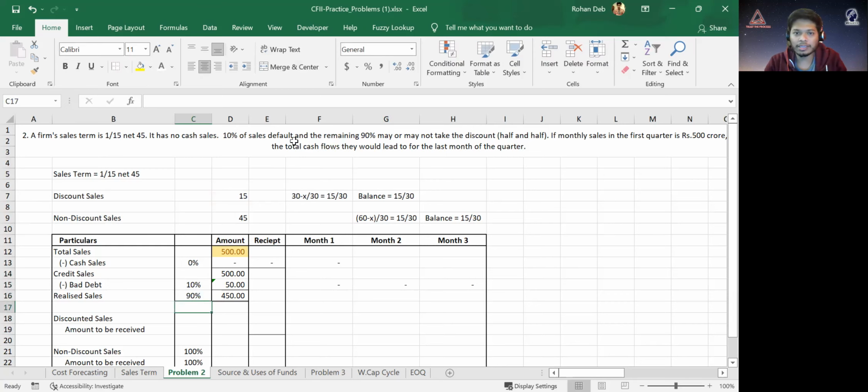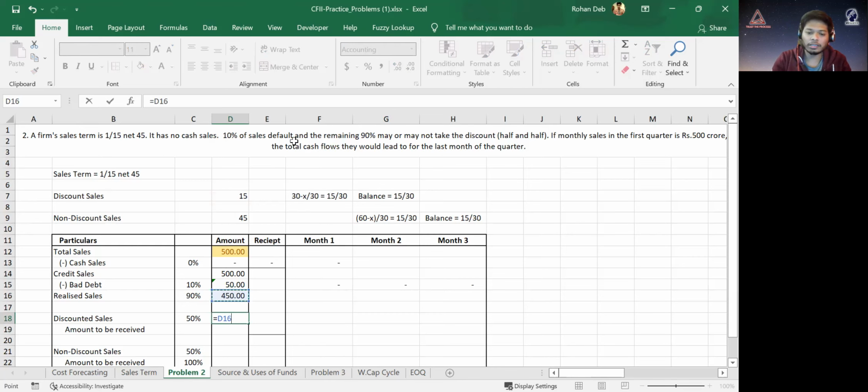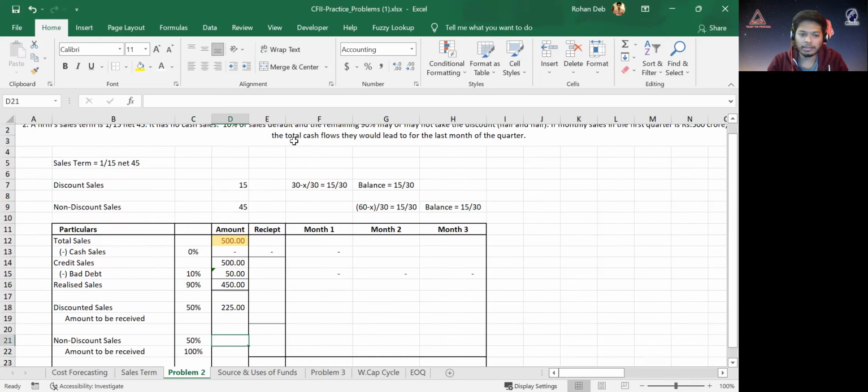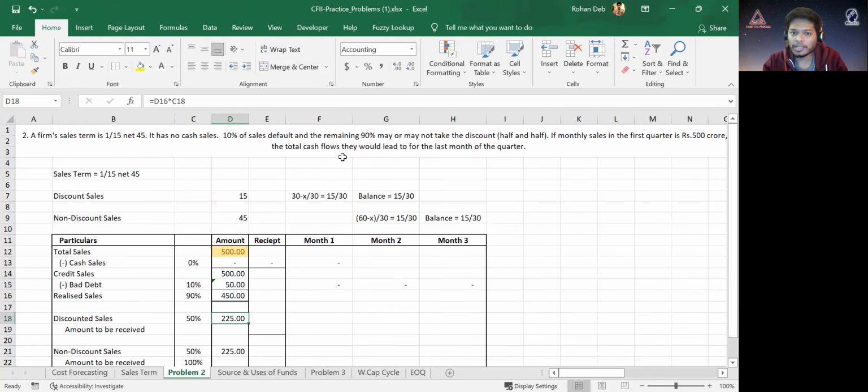The remaining is 90%. Out of that, 50% take the discount. So 50% is this into 50%, and again this is equal to this into 50%. So 50% of my consumers take the discount, and the remaining 50% don't opt for the discount. If they go for the discount, I will give them 1% discount. So 1/15 net 45. I'll give them, the amount to be received is 99%. So 99% of this is